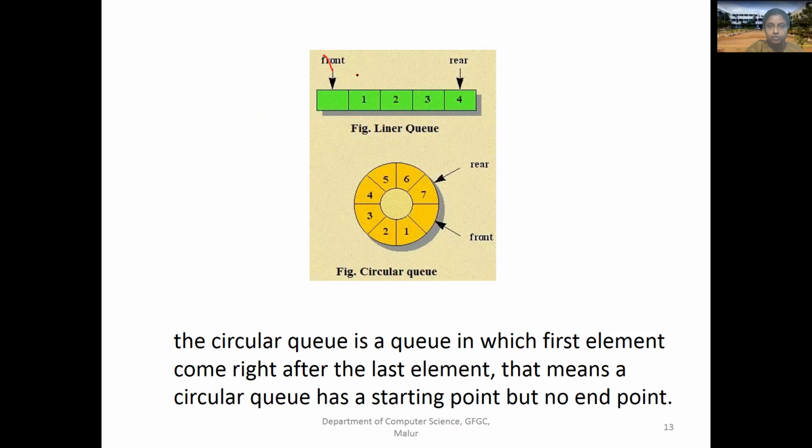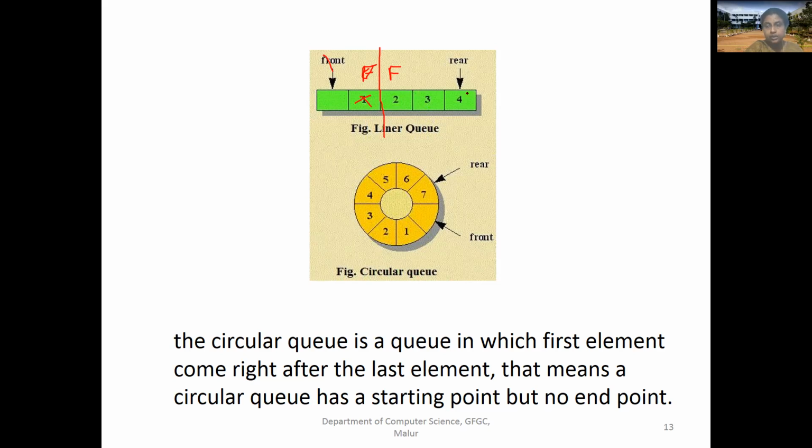this F will move from here to the next position. Just now we saw, F will get incremented, F plus plus. Next, when I delete again, this 1 will be deleted and F will come to this position. So what's happening? Even though the array has spaces, my front is getting incremented and these are all wasted. My array size was 5, but when I keep on deleting, my array size is becoming only 3.